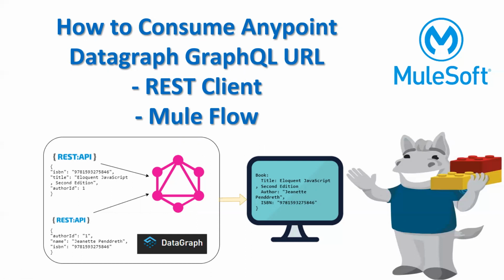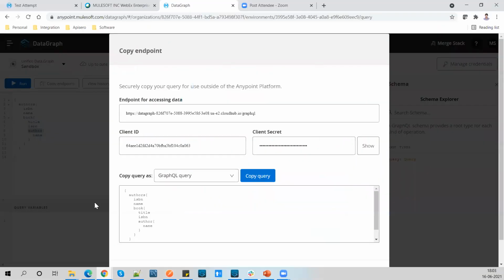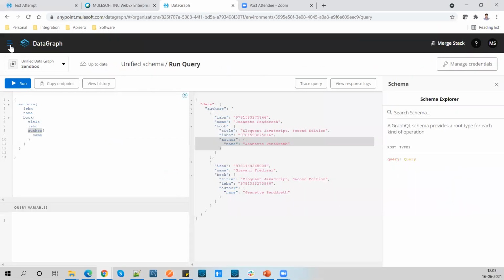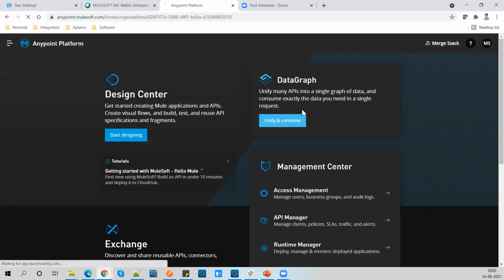First I'll show you the environment, then we'll go to the REST client, and then we'll go to the Mule flow. Let me go to the environment part first. You can directly go to your data graph, which we have already seen.